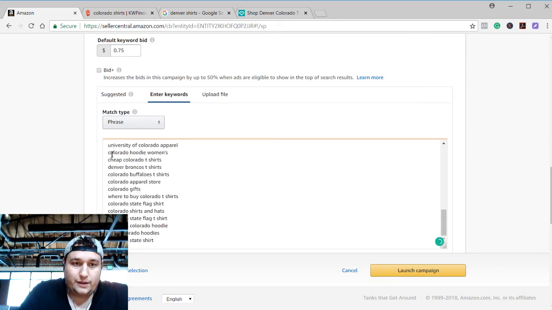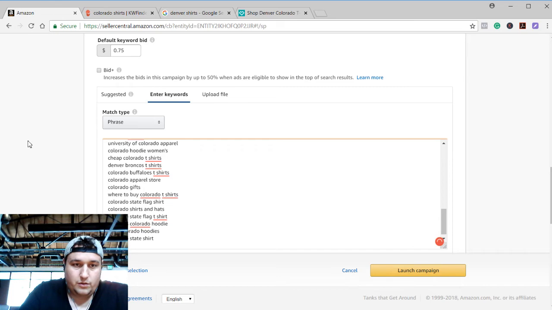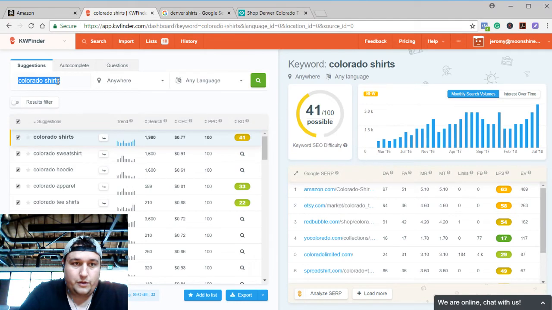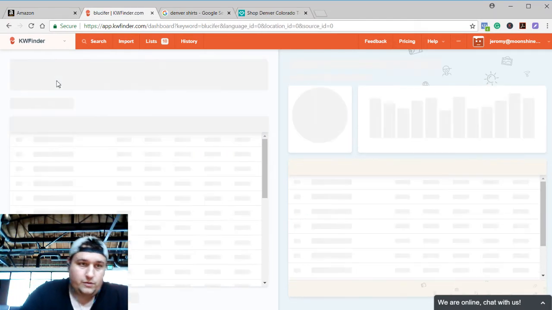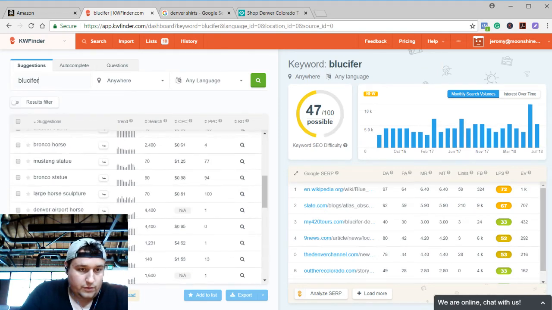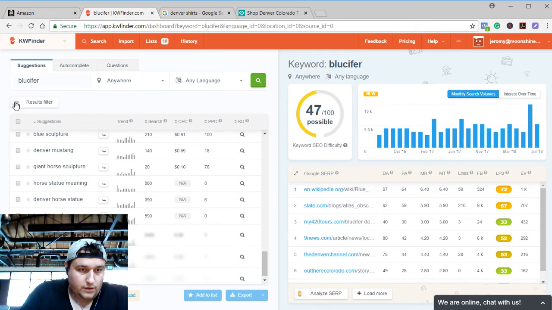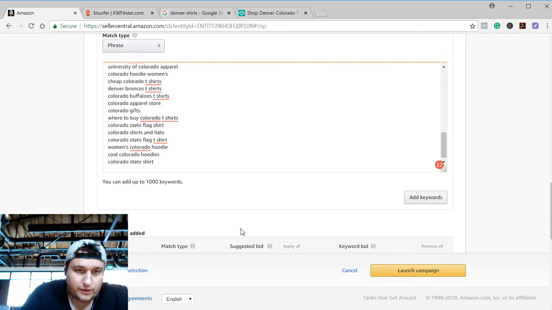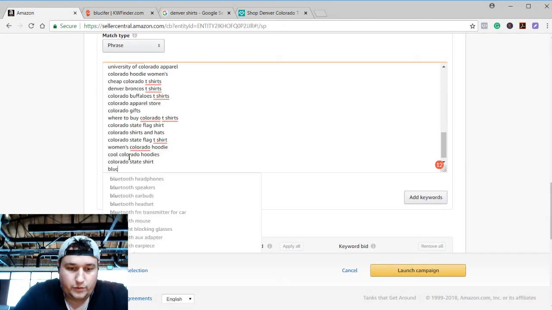So I'm going to paste in all of these, right? And then I'm going to go back and I'm going to do Lucifer. I'm going to take all of those, right? And a lot of these aren't really relevant. So horse sculpture, stable, so Lucifer. So you know what I'll do is I'll just probably add those in manually. I'm not seeing a lot of relevant. So Lucifer,